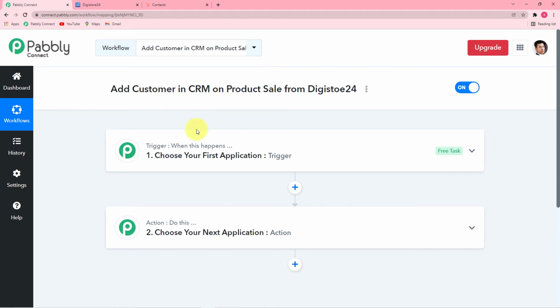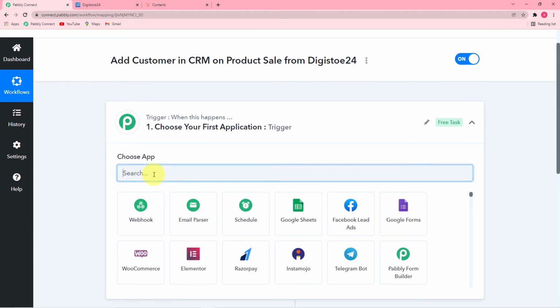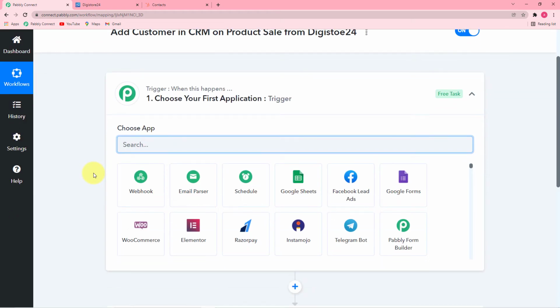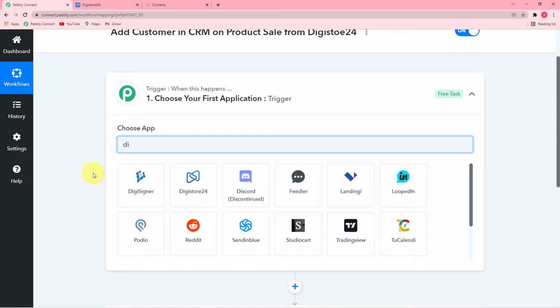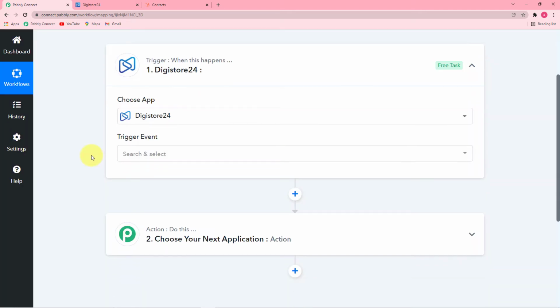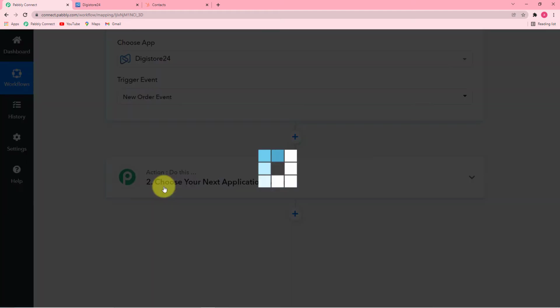So first of all, you have to set up your trigger by clicking here on this window, and from this choose app field, you have to choose your trigger application. In our case, it is Digistore24. So you have to type DG here. Okay, and you will find your application like this. Select it. And from this trigger event, you have to select the event as new order event. So it will trigger when a transaction for an order is received. Okay, so select this option,